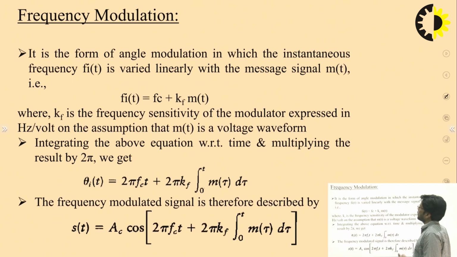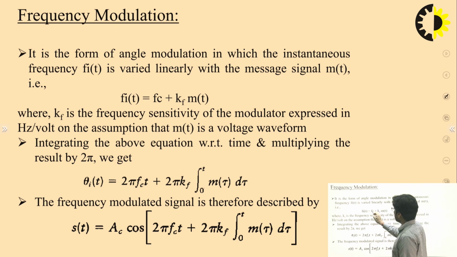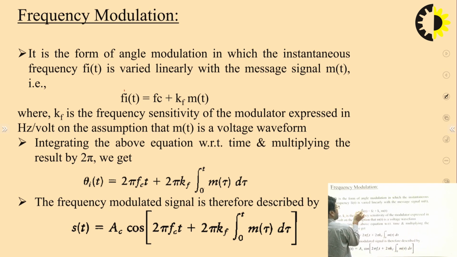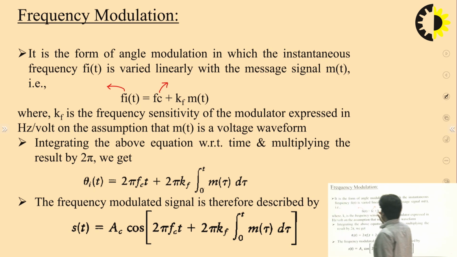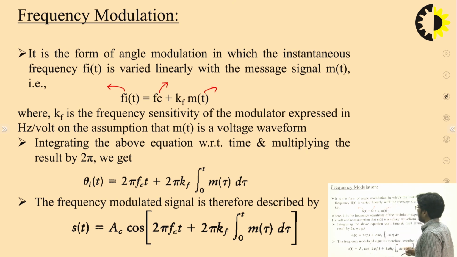Now come to the point, the general equation. What should be the general equation of frequency modulation? Here you can see the frequency of the carrier signal. Here f_i(t) is representing the frequency after the modulation, f_c is the carrier frequency before the modulation, and this is the message signal or baseband signal. Here m(t) is the baseband signal or message signal, or you can say the modulating signal